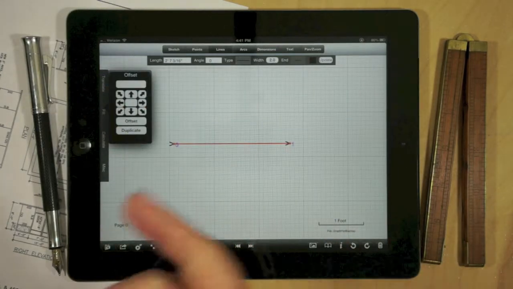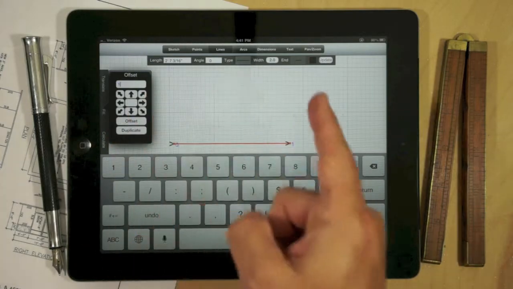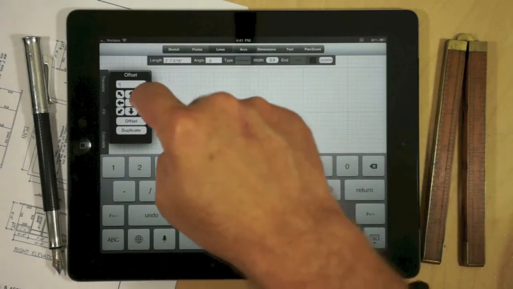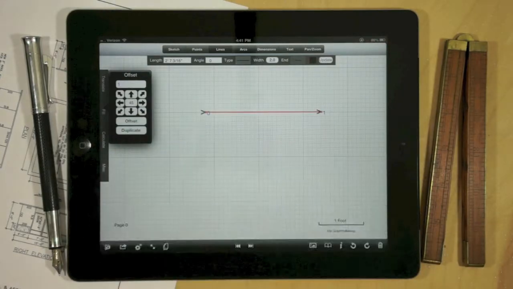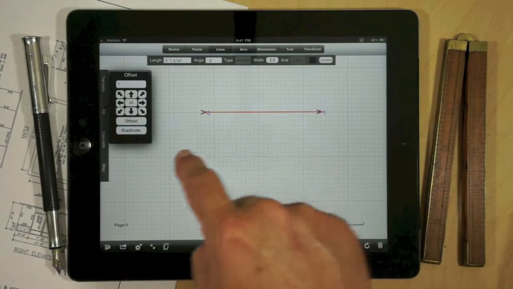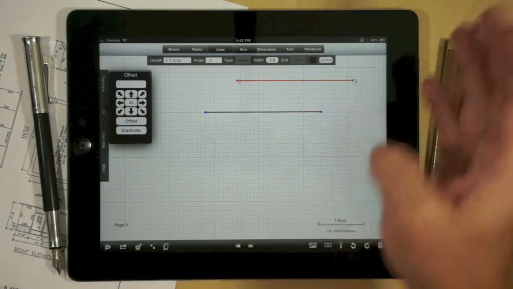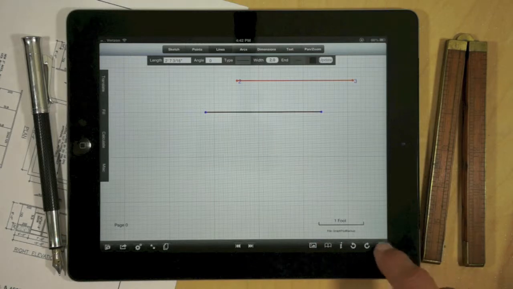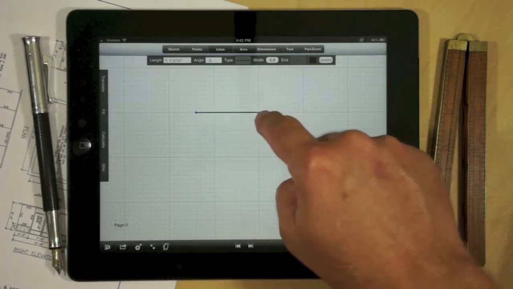we get a menu that actually allows us to offset, and we no longer have to actually type in the direction if it's within increments of 45. So we can say we want to offset it in this direction, that's 45 degrees, and then hit offset, and we notice it moves. We can also hit duplicate, and it'll actually create a duplicate line offset in that direction. I'm going to delete all these lines,